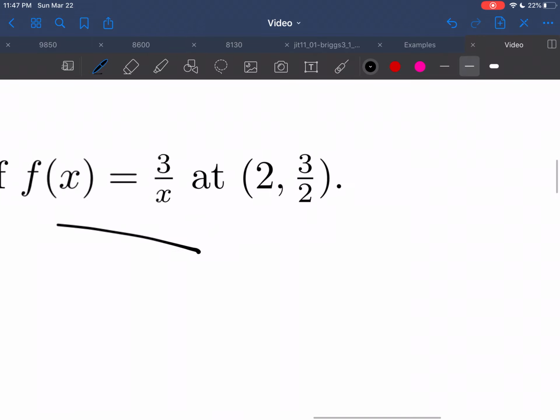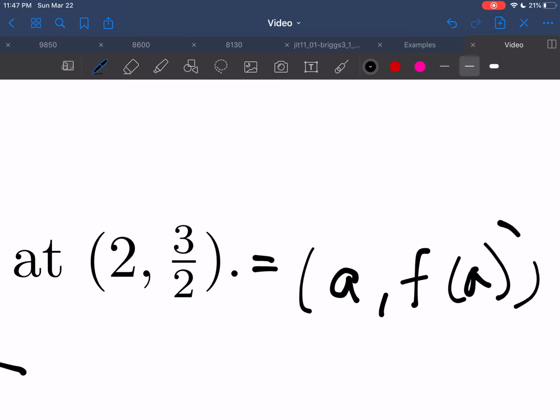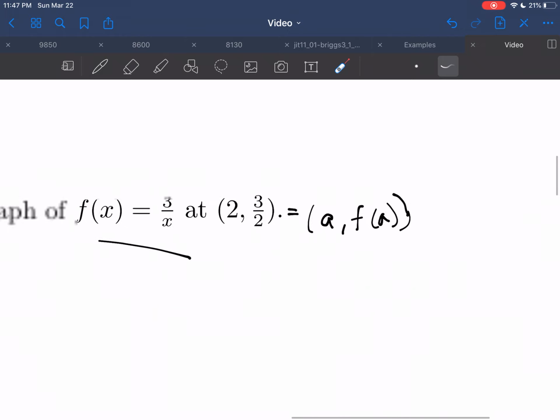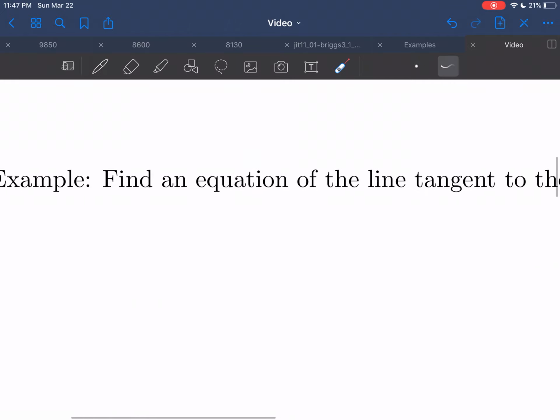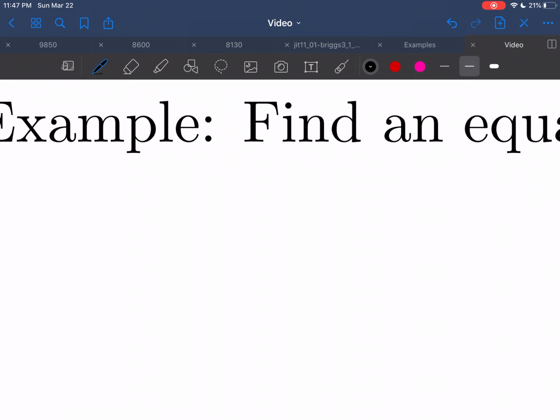Okay, so we were given this point 2, 3/2. We know that it is a, f of a. So 2 is a, 3/2 is f of a, and we'll use that in a minute. But first, before we can find the equation of the line, we need our slope. So we'll have to find m tan,